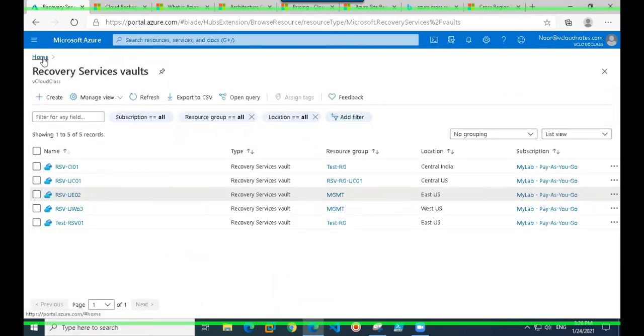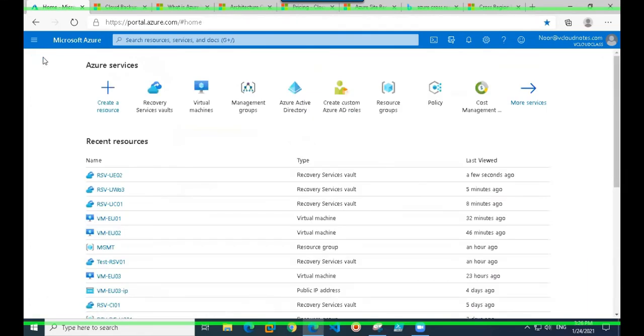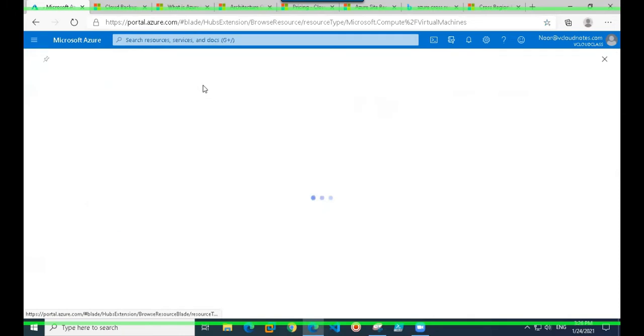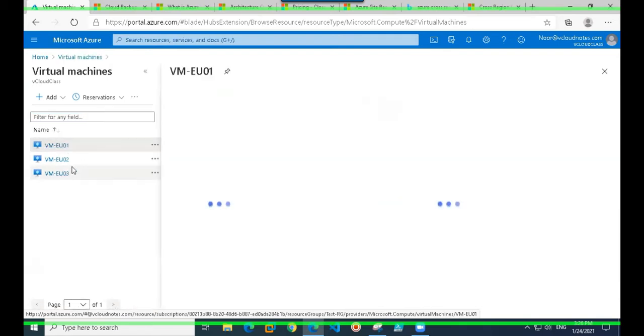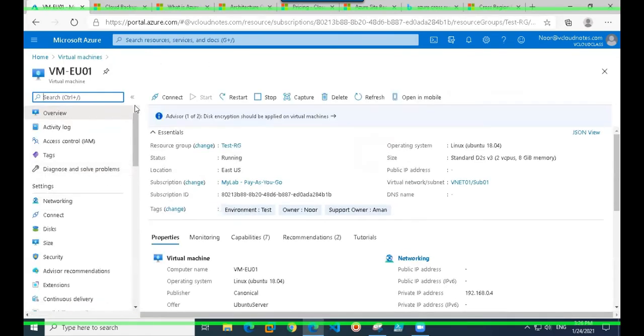Let me go back. So now we have our VMs, we have our recovery services vault, and it's in the same region. Now the second thing is we need to configure backup. You can do that from two or three places. The first is on the VM blade itself. Let me show you that from that blade first.